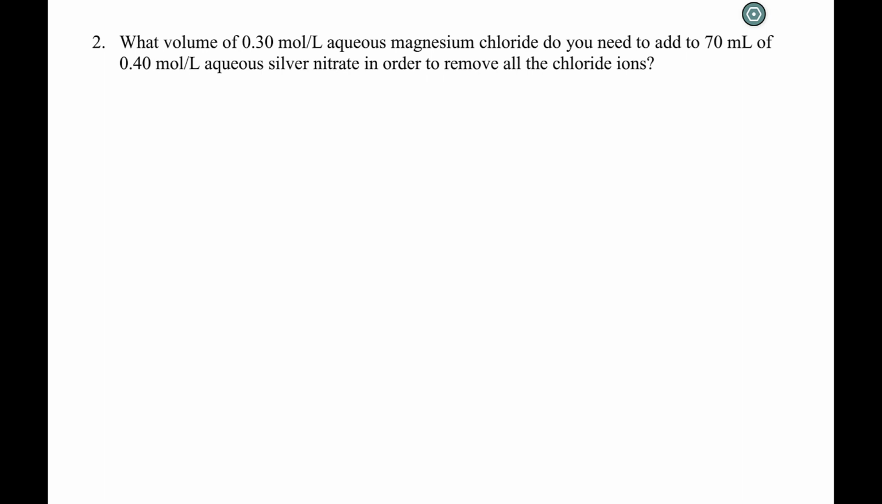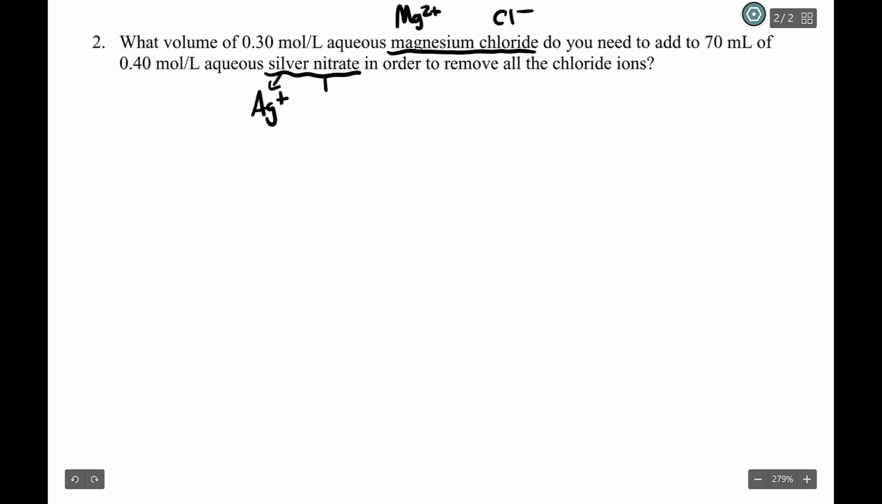Pause the video now and write out the double replacement reaction. Now that you've had a chance to do that, I'm going to go through it. So first of all, magnesium chloride is made up of Mg2+ and Cl-. Silver nitrate is made up of Ag+ and NO3-. So balancing this off would be